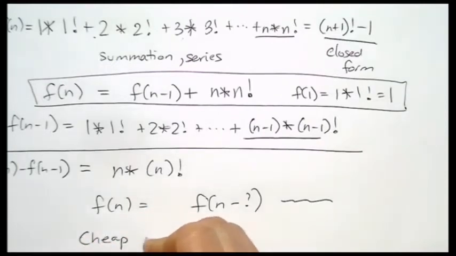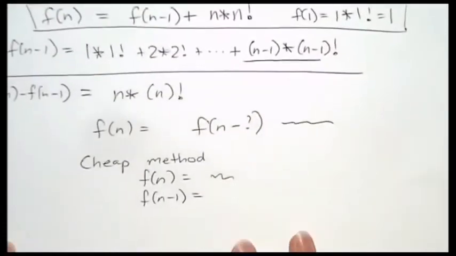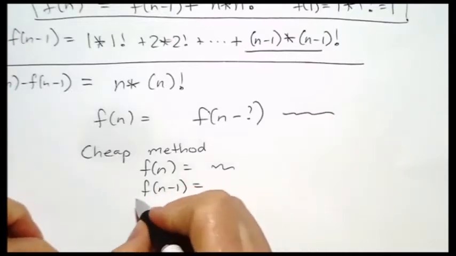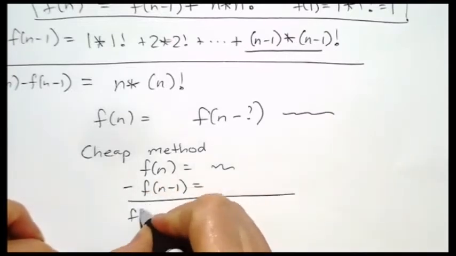So the cheat method is, if I need to come up with a recurrence for something, so if I have f of n equals something, I figure out what f of n minus 1 is. And that's not hard to do because all I have to do is copy everything, and everywhere I see an n, I replace it with n minus 1 and put parentheses around it so I make sure I don't make any errors. And then I just need to subtract one from the other,